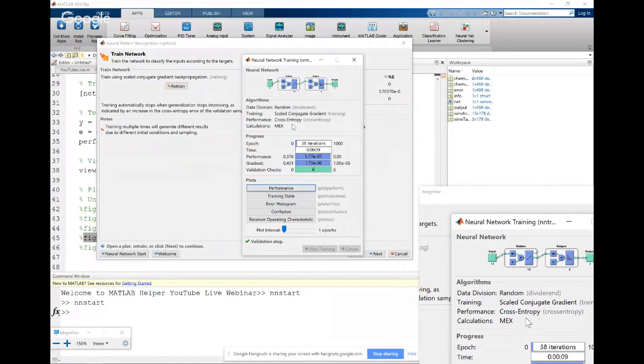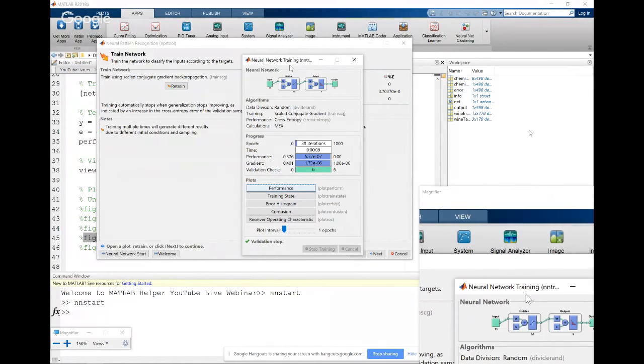Now, one thing you might have noticed, which is different from data fitting, is that there was no option for selecting the algorithm. For pattern recognition, we use the scaled conjugate gradient algorithm, which is very similar to data fitting's third algorithm that I explained earlier.